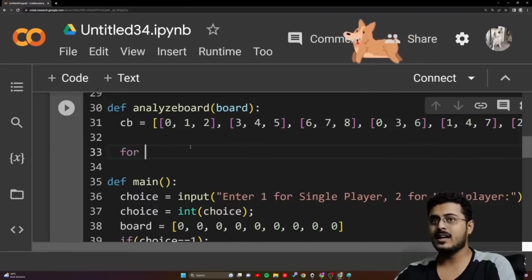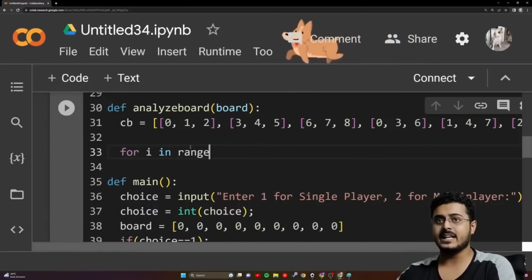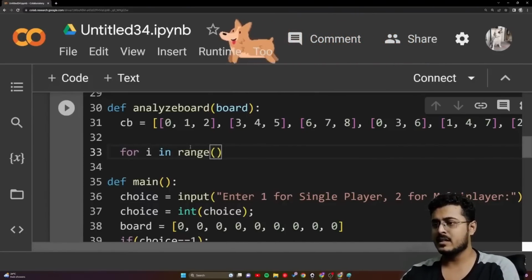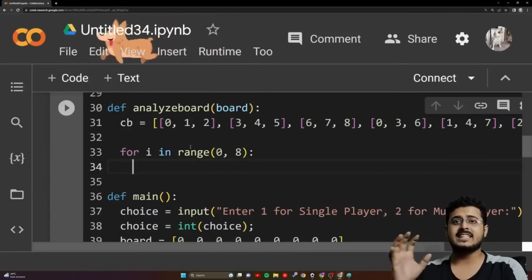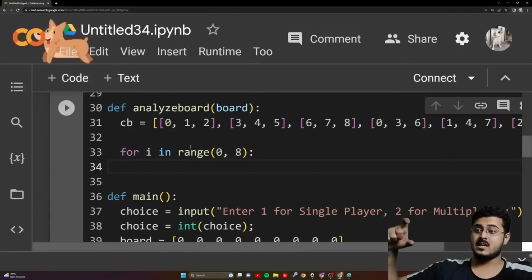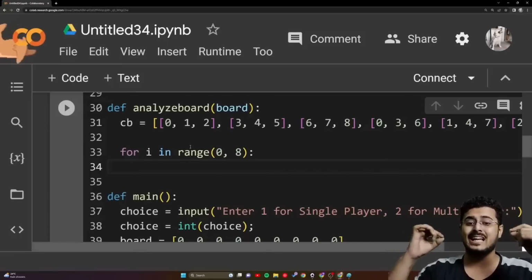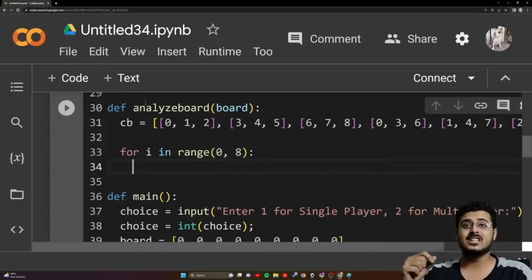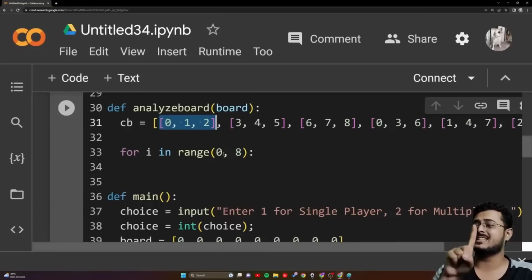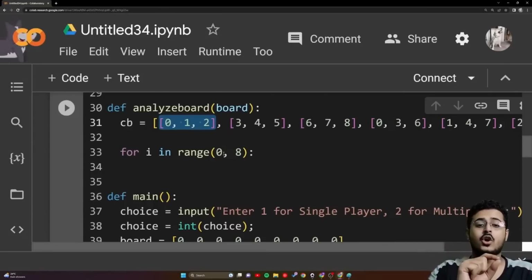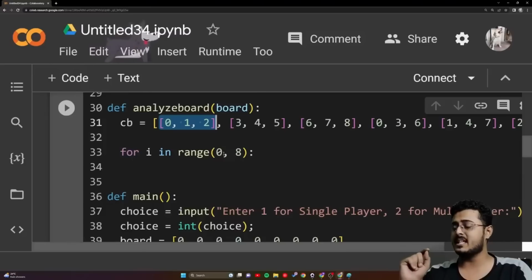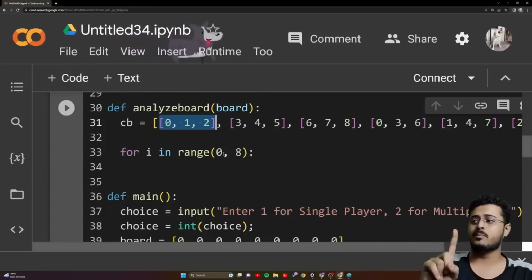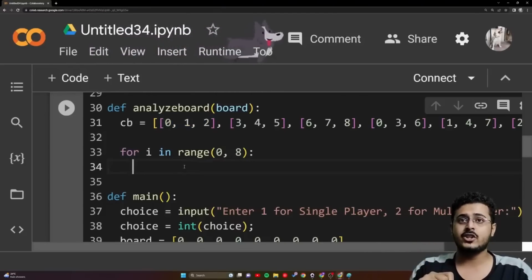Okay, so for I in range, and then we are having 0, 8, right? Now this is going over every single element inside of the big list, guys. That is the smaller list. Now if I is equal to 0, that means we are on the first smallest list, guys. Are you guys able to understand this? Please let me know. We are on the first smallest list. Now we need to check if